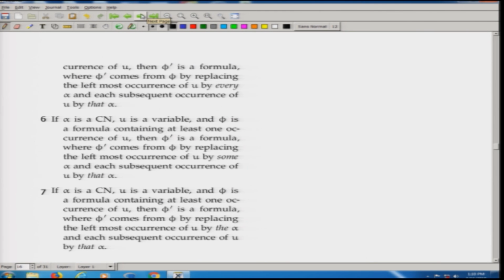It means that suppose phi is V1 loves V2. Now, what is our U? Our U here is, say, V1, and that means we are working on V1 here, and we are considering just one variable here. And if there is a common noun alpha, suppose alpha in this case is man,